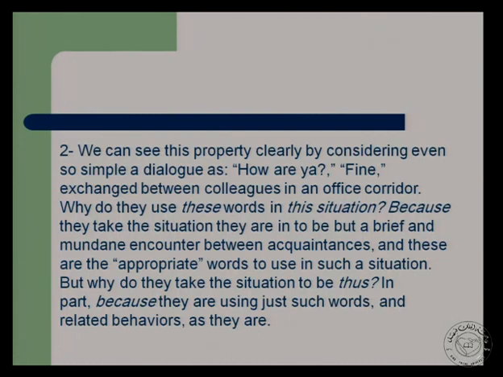So, as we are in the corridor, and the two people speaking are colleagues, we are talking about a situation. We can guess what kind of words are going to be used, the way they will greet one another. The way is to be informal in such a situation. As the conversation was informal, I can guess where they are. What is the situation? What is the situation in general? It is not only the location. No, not at all. It is also the type of relation they might have in that place.